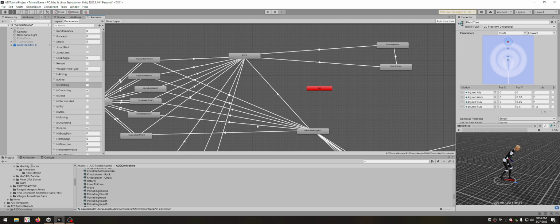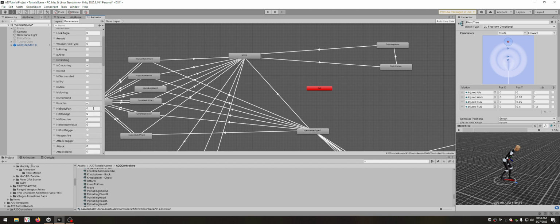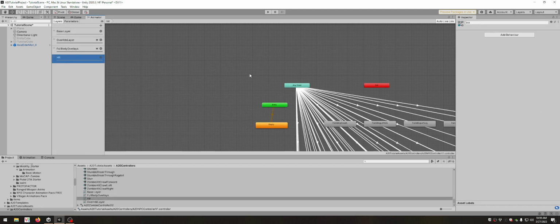All right. We have hit body part, which is super complex because this is a pain animation. We have different body parts. We have the leg, we have the arm, we have the head. So sometimes you hit a zombie on its right arm and it does a different animation than it does when you hit it on its left leg. This is what drives that. You basically select the pain